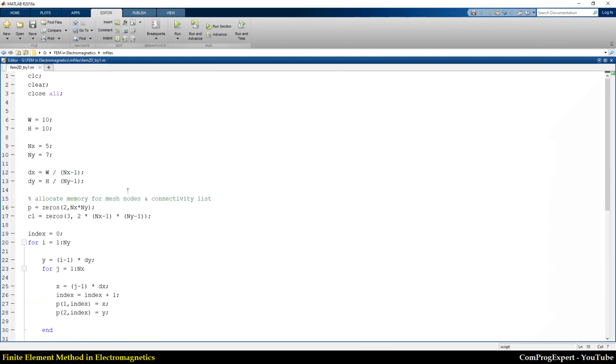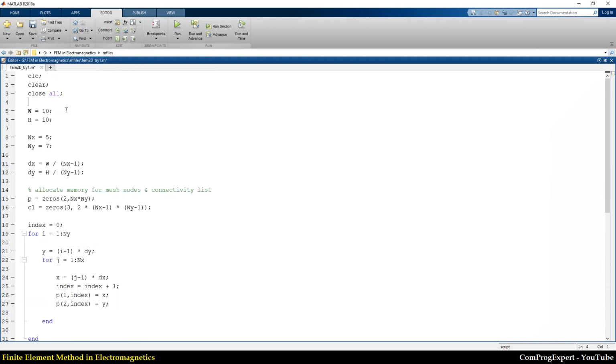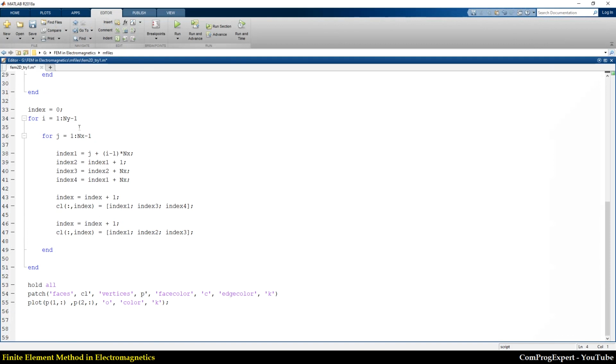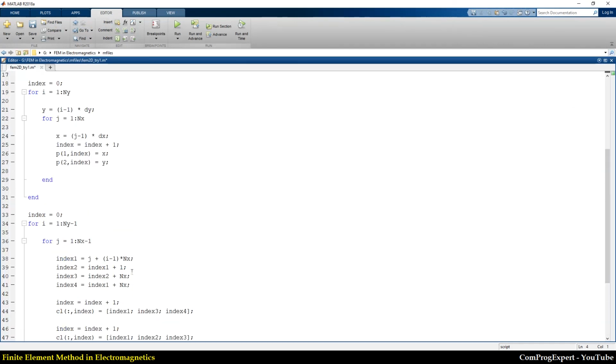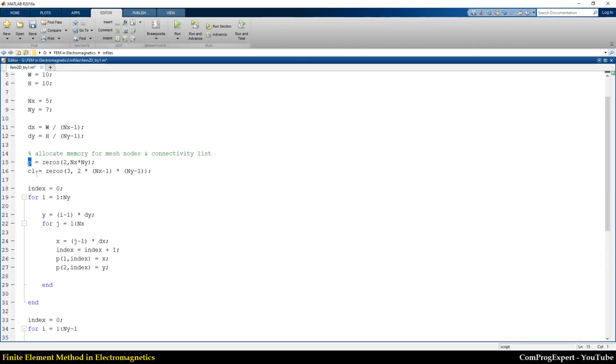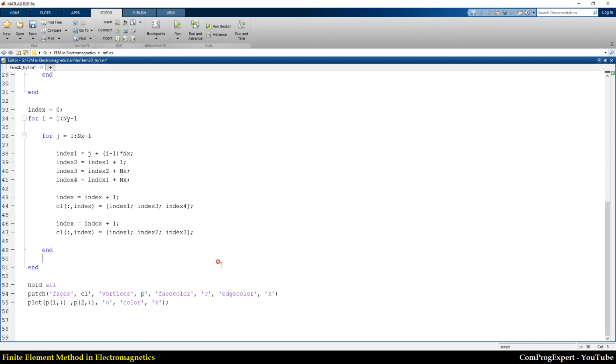So this is one method for generation of the mesh and storing mesh data, the connectivity list, and point coordinates. Okay, so do you have any questions? No, it's clear. Okay,